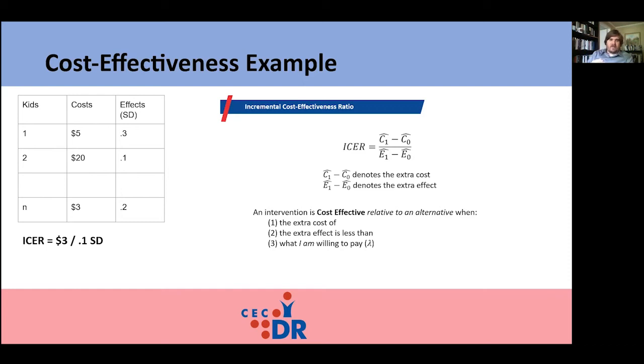And that's because if you just consider the incremental cost ratio, all of that comes from the data, the average effect, the average cost. But there's one component that doesn't come from the data, which isn't being considered yet, which is how big is my budget? How much money do I have, or how much am I willing to spend to get the effect?